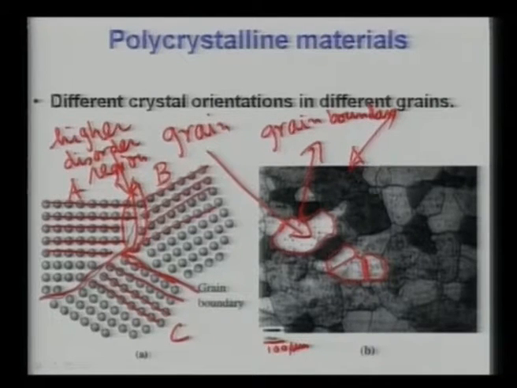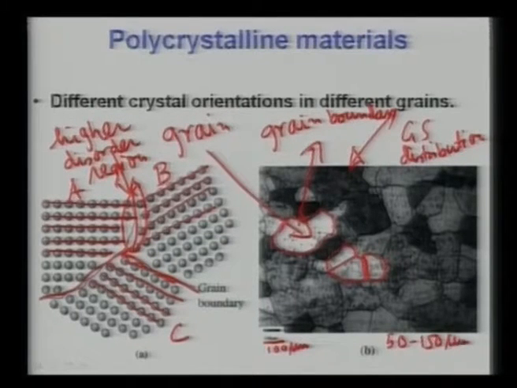However, we should also notice here that this grain size is not a fixed value. There is a variation of grain size across this microstructure. So a term called grain size distribution is often used to characterize the microstructure. In other words, you can say roughly from the visual look of this microstructure that grain size here typically varies between 50 to 150 micron. And if you say that, then you will be completing the description of this kind of microstructure.